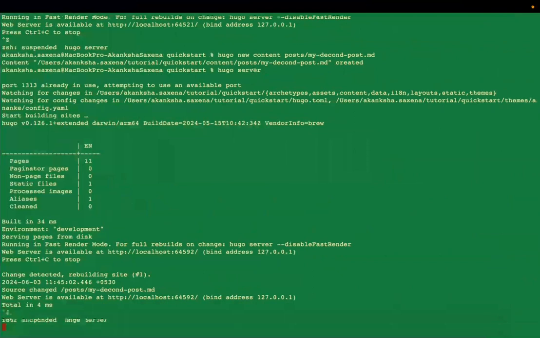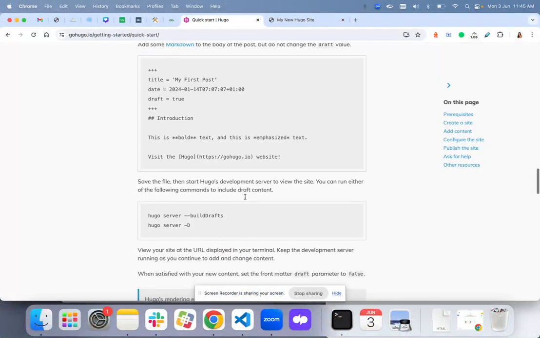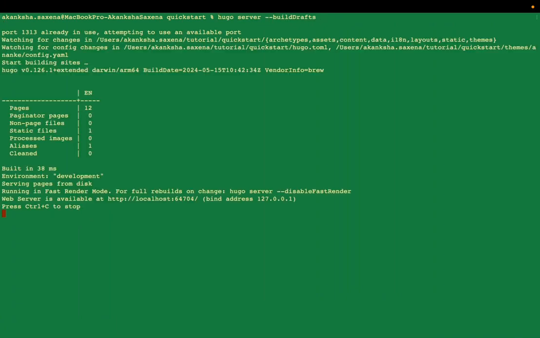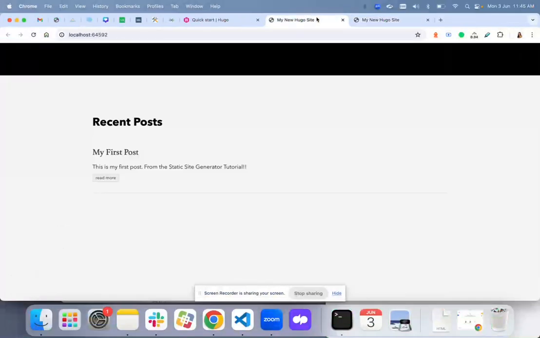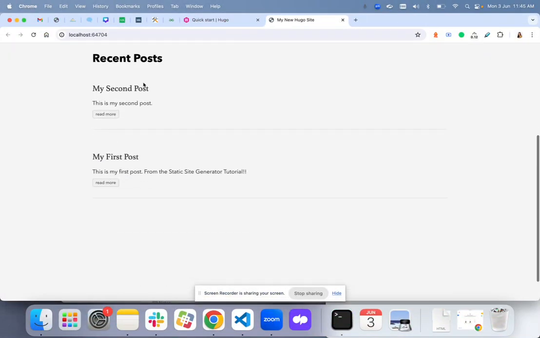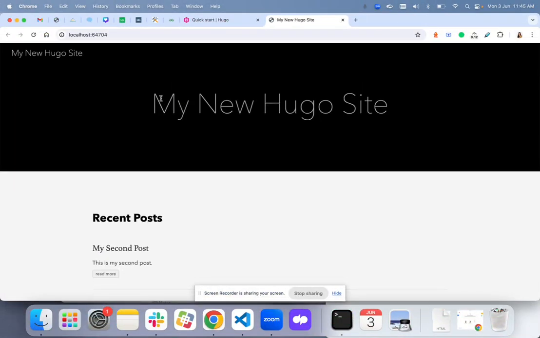Let me stop it, and then use this command: -D, or the full form, build drafts. Let's go ahead with this. hugo server, hang on, build drafts. Let me run this and I access my site on this. I can see the second post also. So my website is ready with the content.